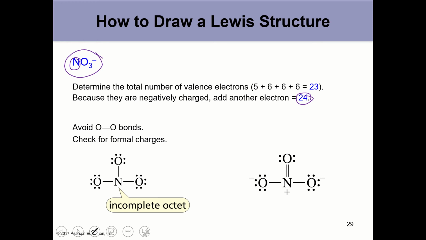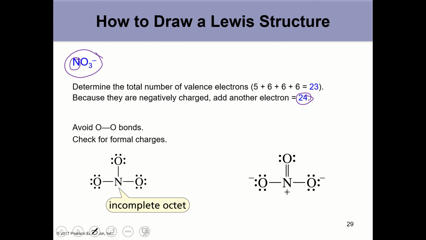Now, we first draw the central atom and then draw a single bond to each of the outer atoms. So we would draw nitrogen and then 3 bonds from nitrogen each to oxygen. But when we look at that structure, we have to consider